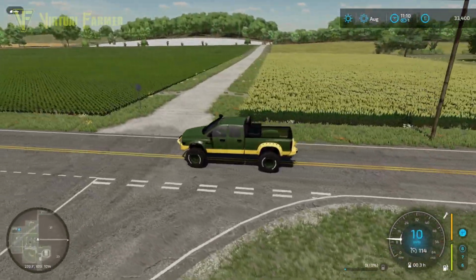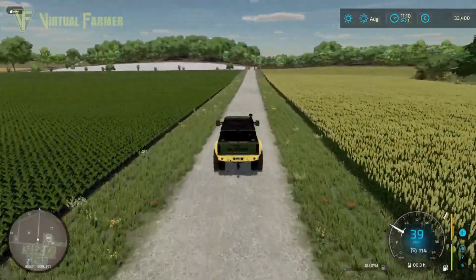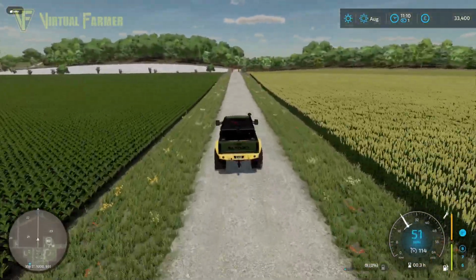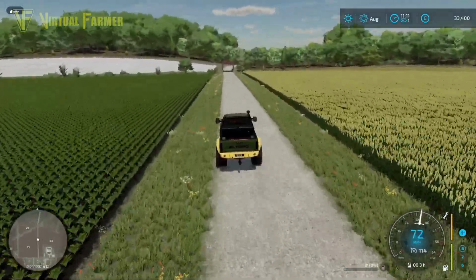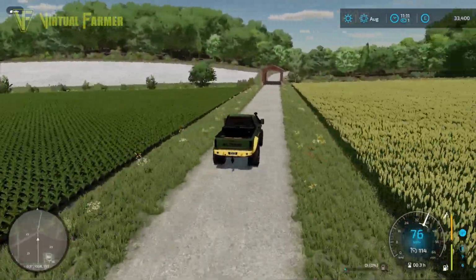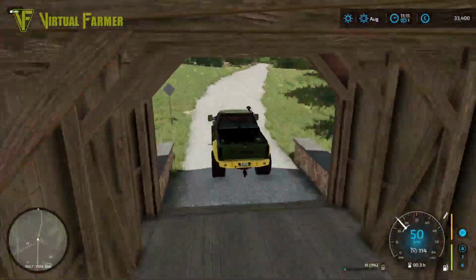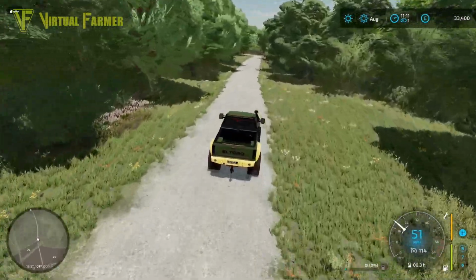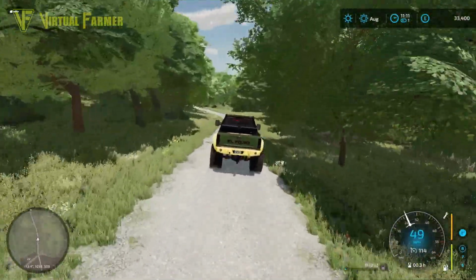Now, what is up there? There seems to be a ranch entrance up here. And as I was saying before, I know it's a bridge across the water. Okay. As I was saying before, we don't seem to have any animals built into this map. We've got lots of woodland and...